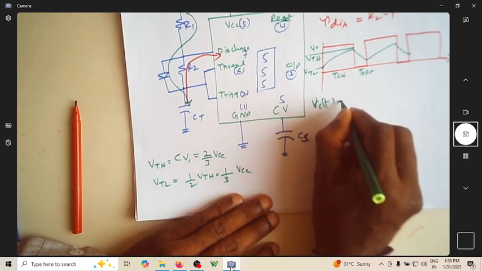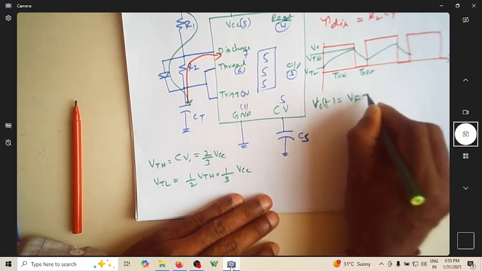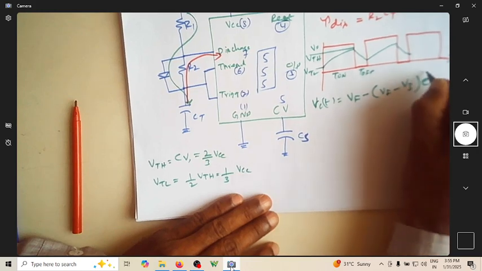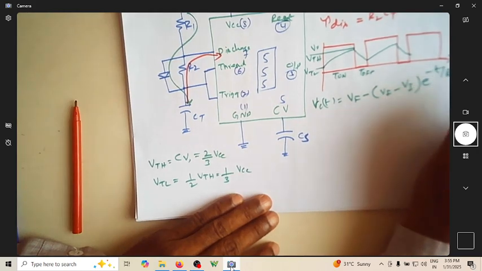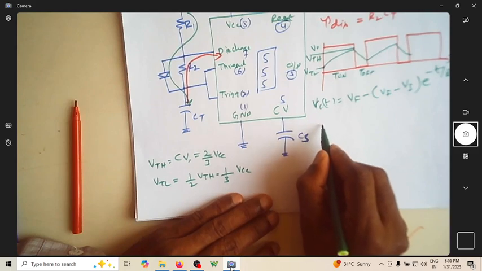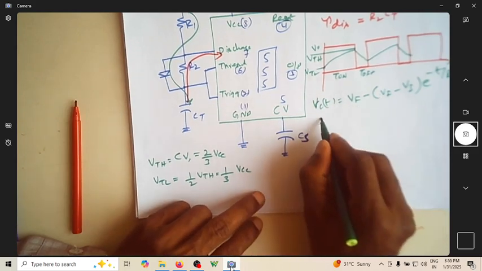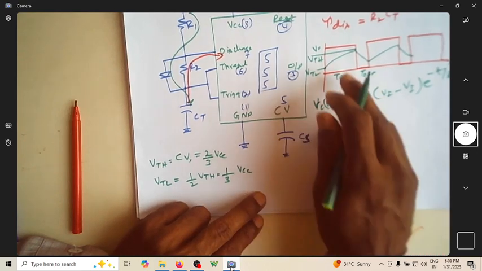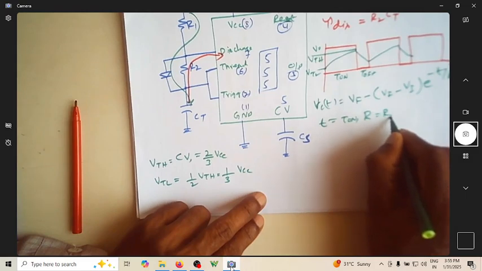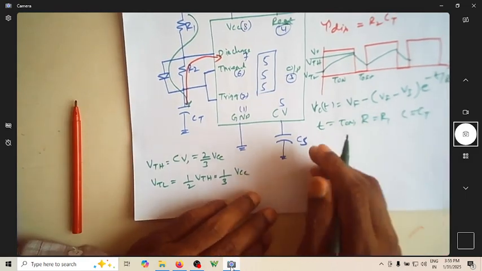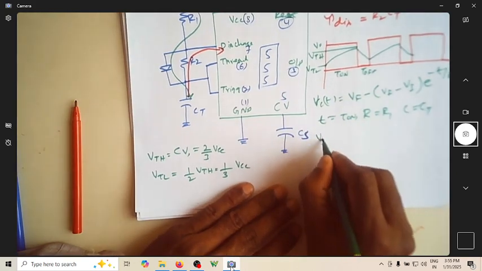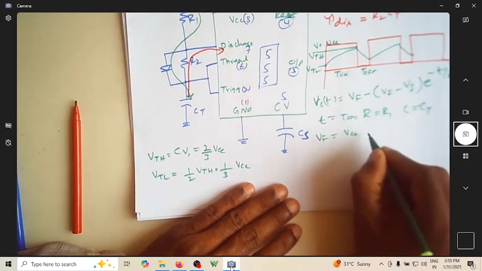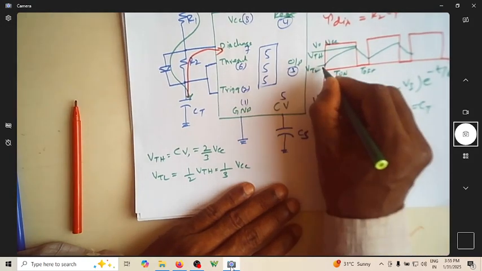VC of t is nothing but V final minus V initial, e power minus t by RC. So upon substituting, t is equal to T on, R is equal to R1, and C is equal to CT. So now what is V final? V final is equal to VCC. V initial is VTL,